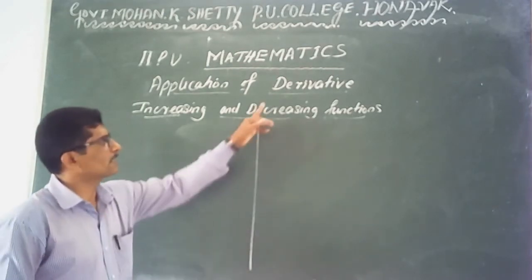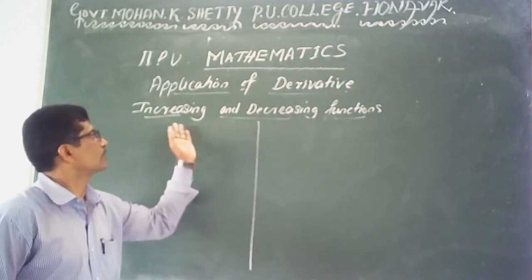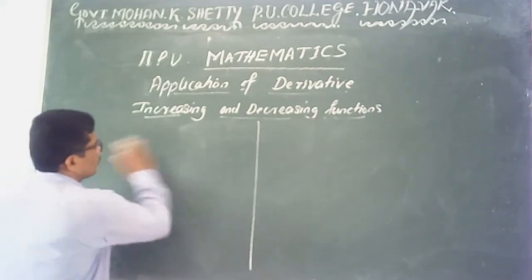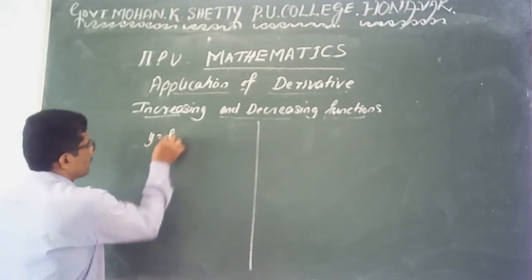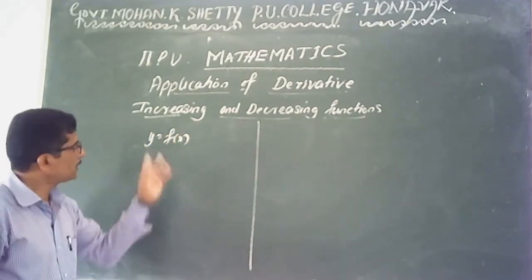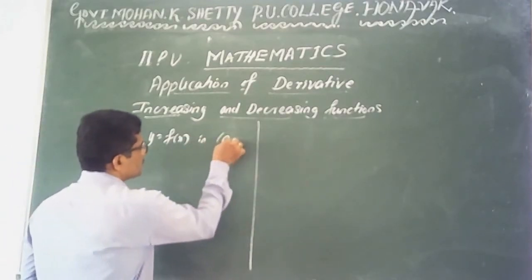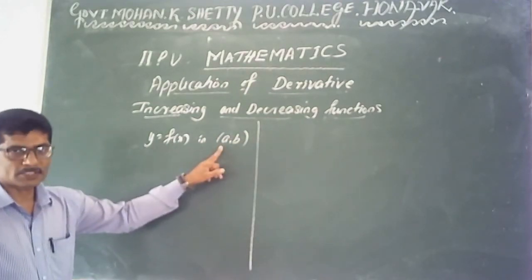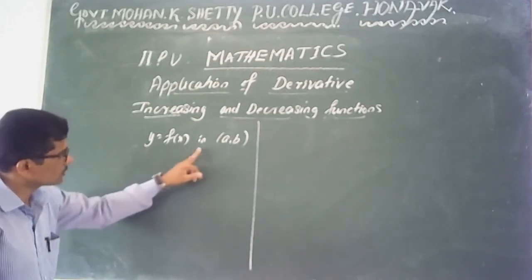We can directly say using the derivatives. This is the application of derivative using increasing and decreasing functions. By one, you know that for increasing functions, y is equal to f of x. This function is continuous and it is differentiable, defined in the interval a to b, open interval a to b. This function is a continuous function and this function is differentiable. It's clear? This function is increasing and